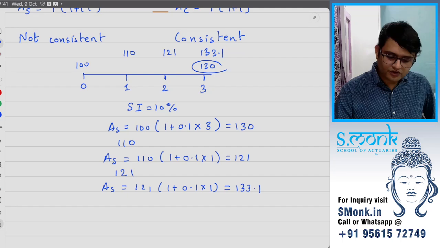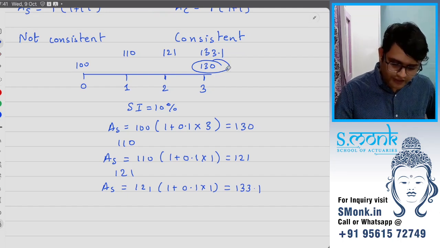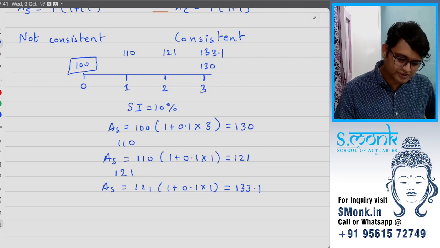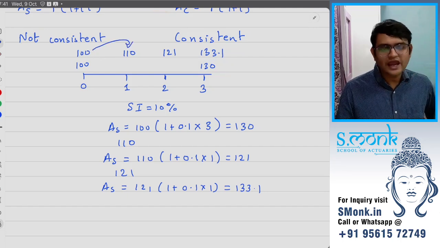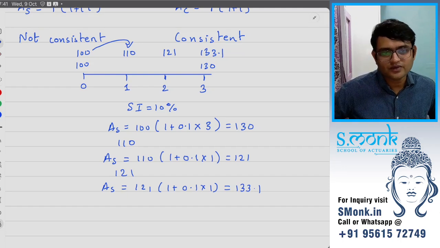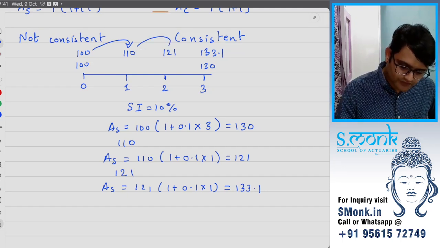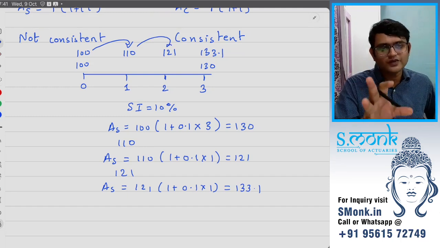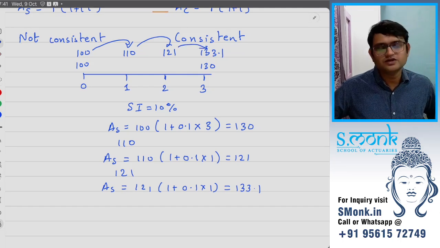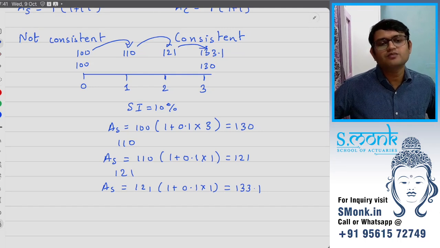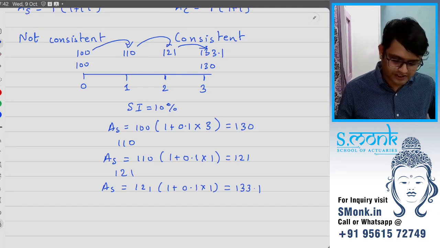If you give me loan for 3 years, the same 100 rupees given for 3 years directly gives me 130. But this same 100 rupees, if given 1 year at a time, see, I gave you 110 back and immediately I took the 110 as loan. So after 1 year, I gave you 121 and immediately took it as a loan. And then same thing here. So I'm returning you 133.1. Does that make sense?